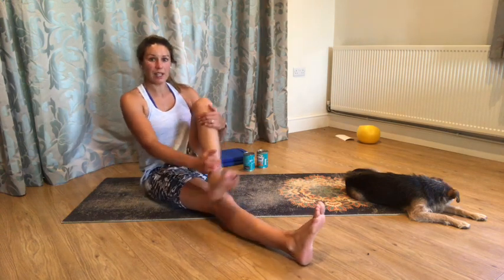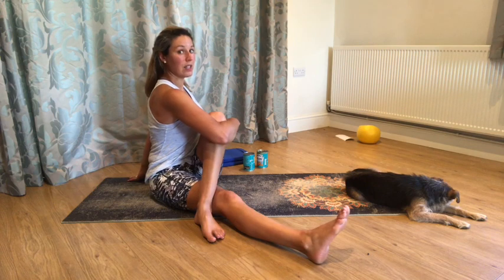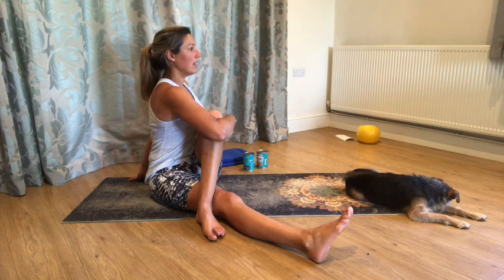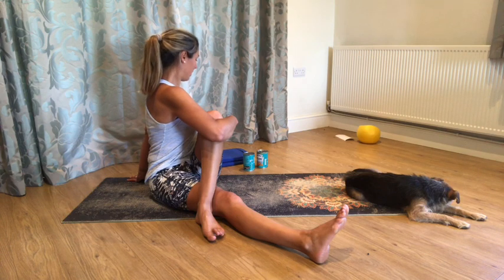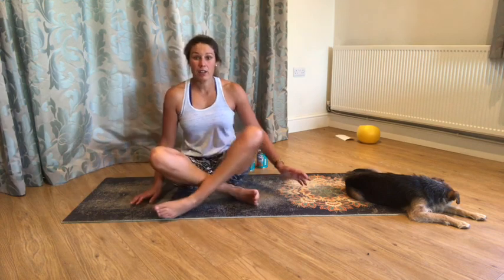Gently walk those hands up, or bring the knee up towards the ceiling, cross that over, opposite arm wraps around, other hand behind you, and again drawing the knee towards the chest, chest towards the knee, breathing in and grow tall, breathing out, maybe twist a little bit more. Gently unravel. We'll just come and sit either cross-legged or legs out straight in front of you if that's more